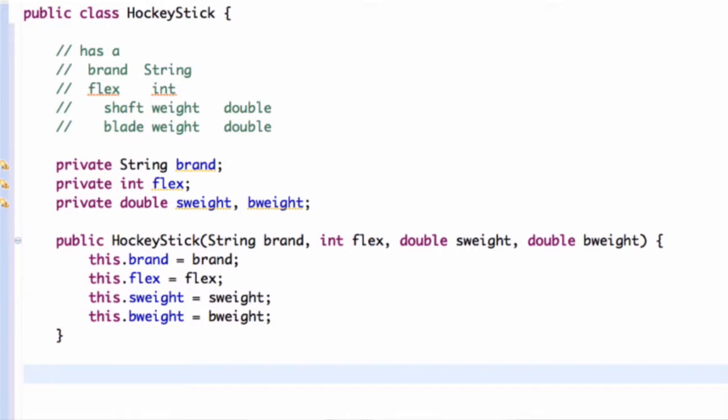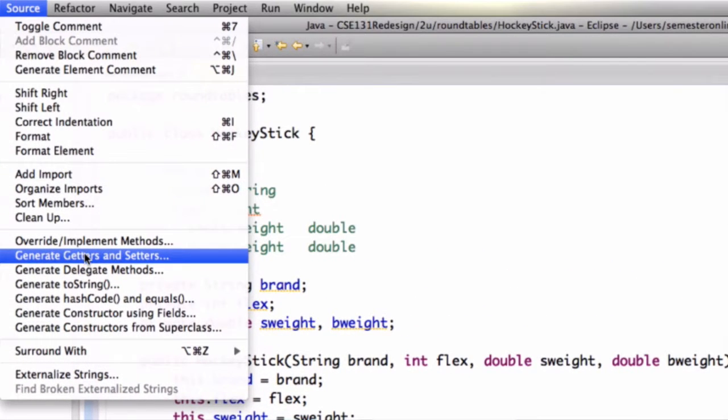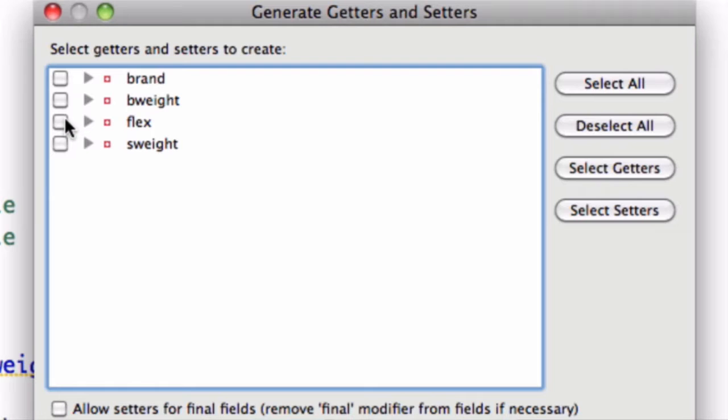Would you use a getter or a setter for that? You're trying to get the weight, so it makes sense to use a getter. Right. So let's get the flex, and so I can again use Eclipse to generate the getters and setters, and I want it just for the flex,